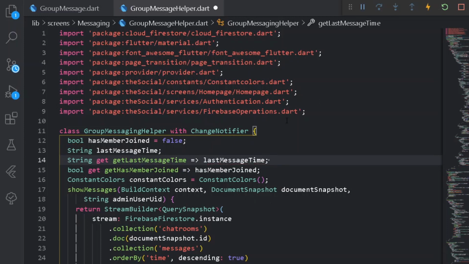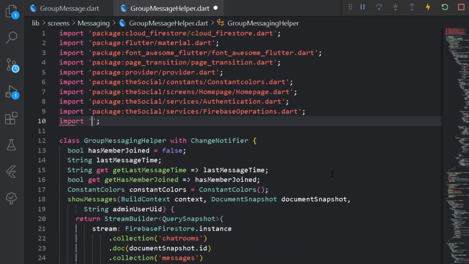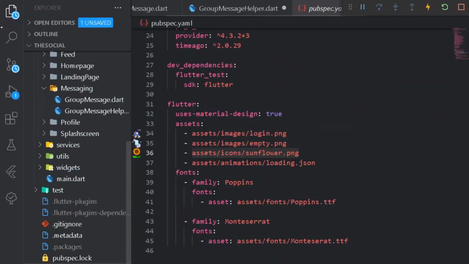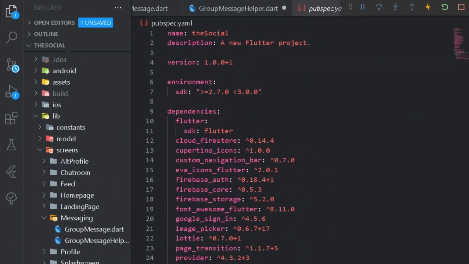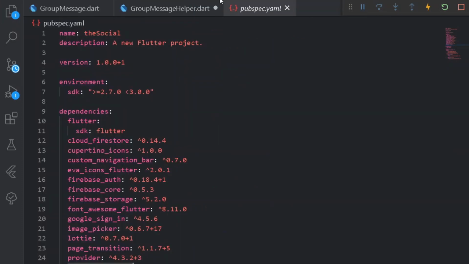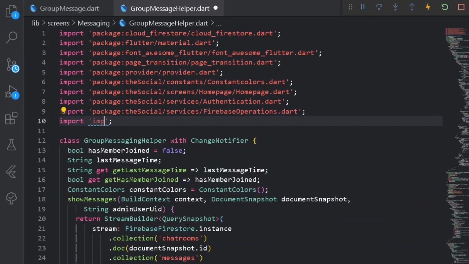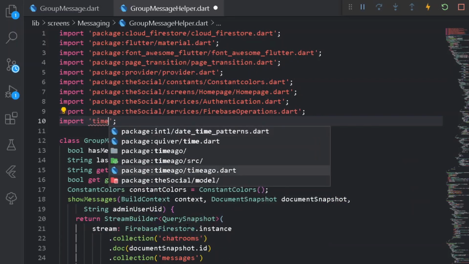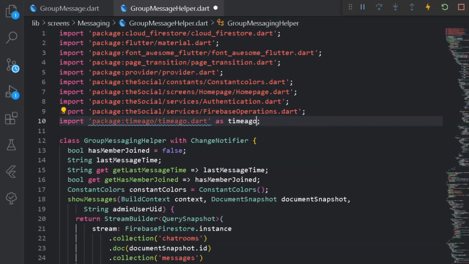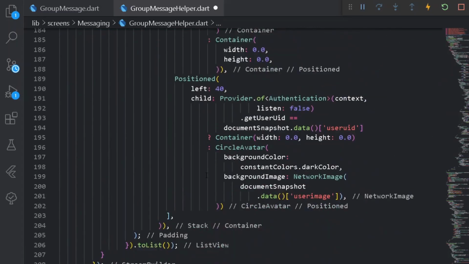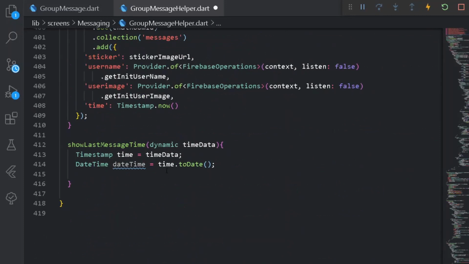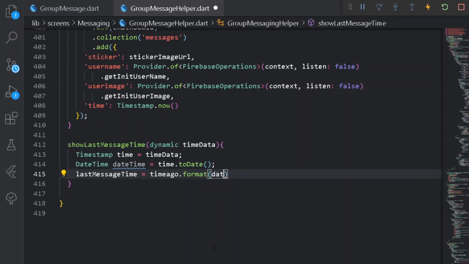Cool. So once the following thing is done, let's import the following library of TimeAgo as well. If you are watching this tutorial for the first time, let me show you that under your pubspec.yaml file, you have to get a dependency of nothing but TimeAgo, which is somewhere between here. So once we have the following dependency, we can come back and simply import. So here we can simply write timeago and import the following thing as TimeAgo, easy thing. So once we have done this, let's go at the bottom of our initialization of the method, and here I can simply have last message time equal to TimeAgo dot format, and here it will be taking a date. So for date I can simply say date time, easy thing.